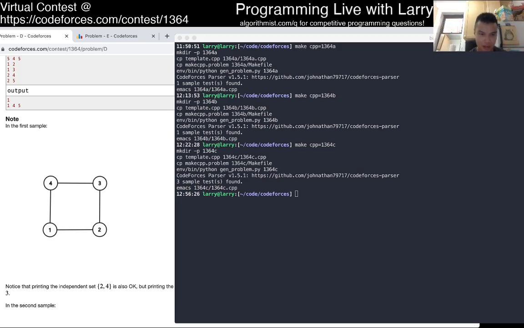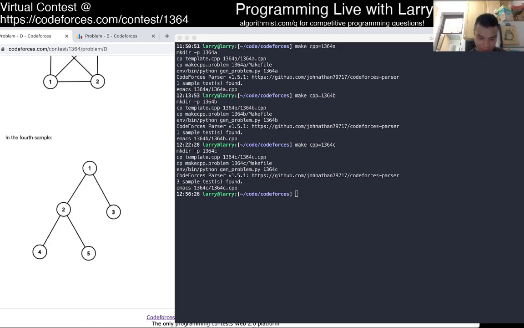And in this tree, we just have to make sure that all the things in the same level don't have edges to each other.